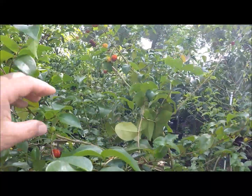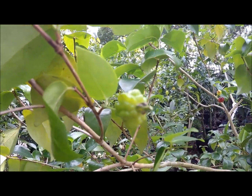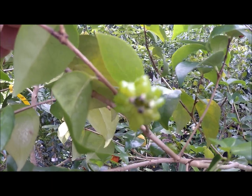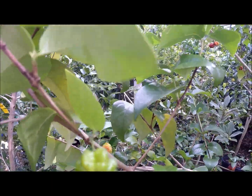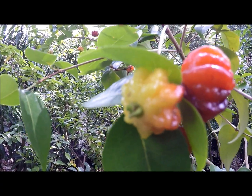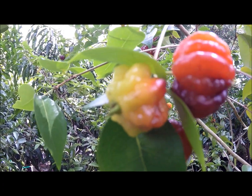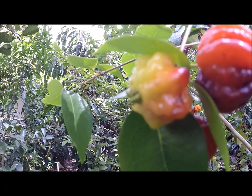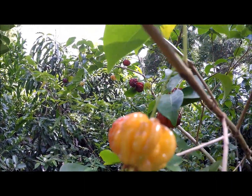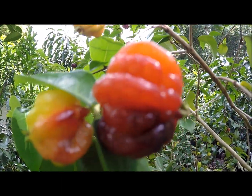When the fruit develops, it develops into this little green fruit right here, this little cherry, solid green. And then the next stage you will see is turning light green with somewhat of a yellow color and a little hint of pink. And here is actually the next stage, is turning more like an orange color, and then it turns into this color,